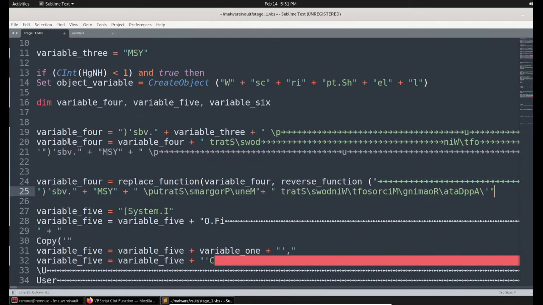If I see variable 4 now, it contains this specific string. Actually, it is again in a reversed order. If you read from the last character, you can understand. It is forward slash AppData, Roaming, Microsoft, Windows, Start, so it is referring to the Start menu. Actually, they are doing this to make sure of some persistence. So that's what it is.